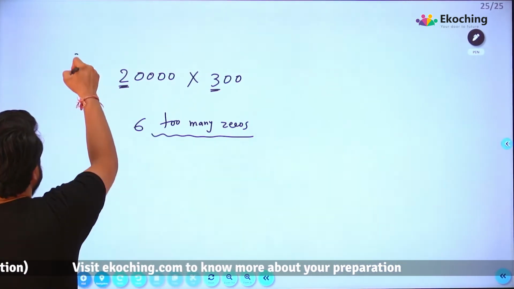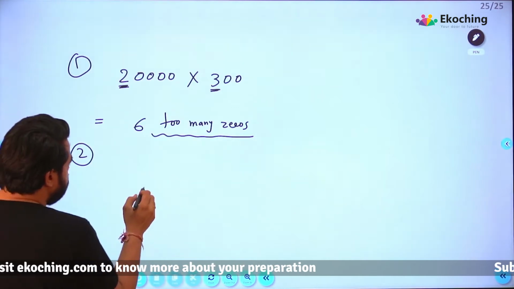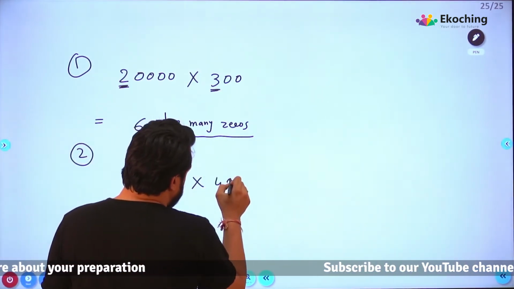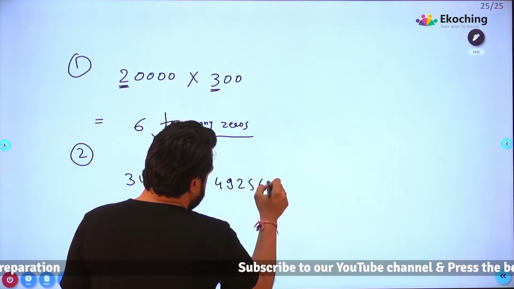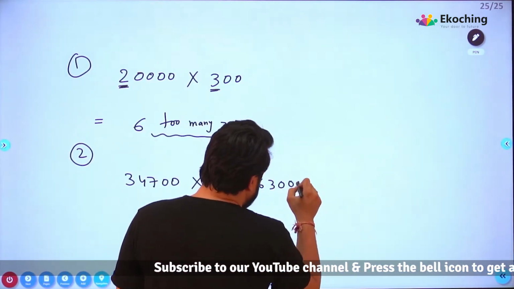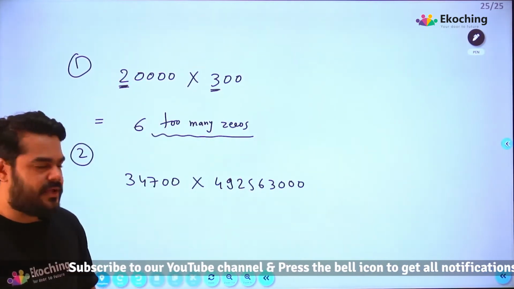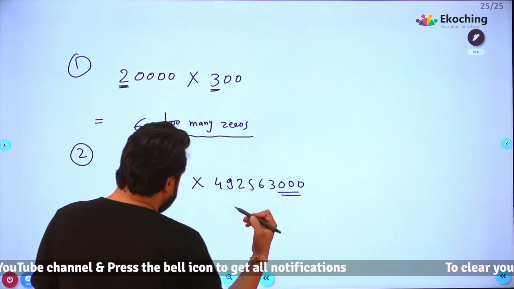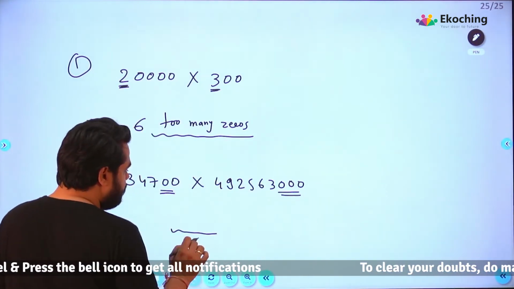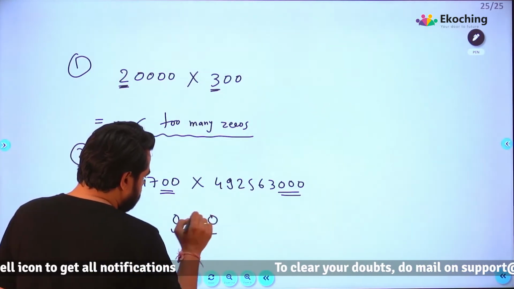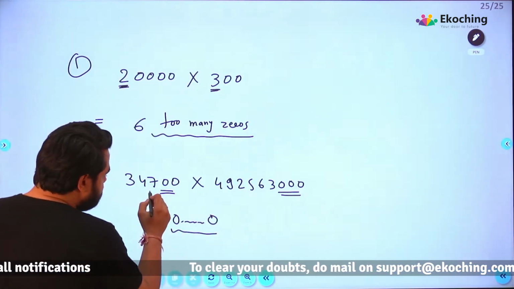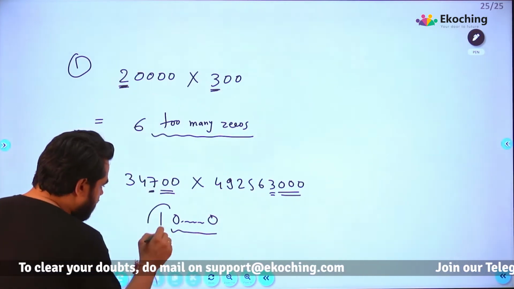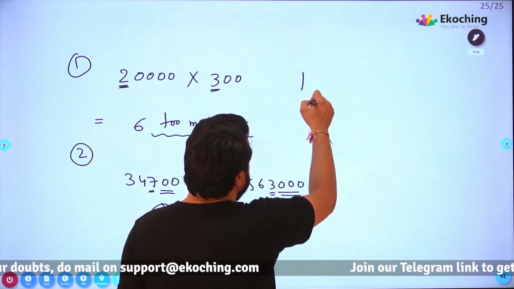right? लास्ट नॉन जीरो डिजिट 6 ही होगा. फॉर एग्जाम्पल, लेट्स से यू आर सपोज्ड टू मल्टीप्लाई 34700 into 492563000. I don't care about the answer. I care about the last non-zero digit. देखो पीछे बहुत सारे जीरोस आएंगे. I don't care. So यहां पर 0 बहुत सारे होंगे. Let's say like this. But last non-zero क्या होगा? 7 into 3, 21 का 1. ये इंपॉर्टेंट है. लास्ट non-zero digit.